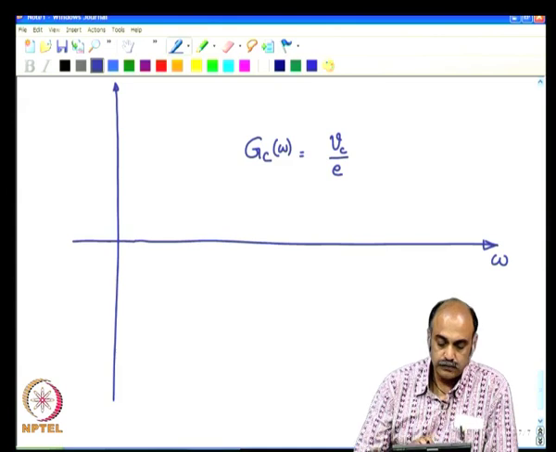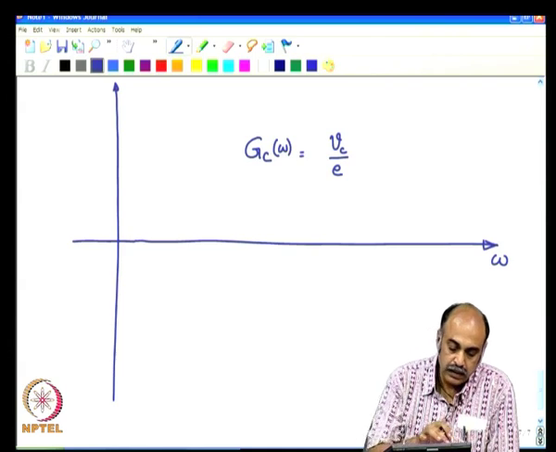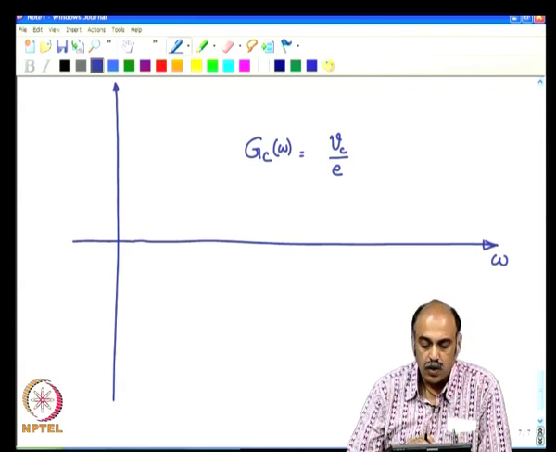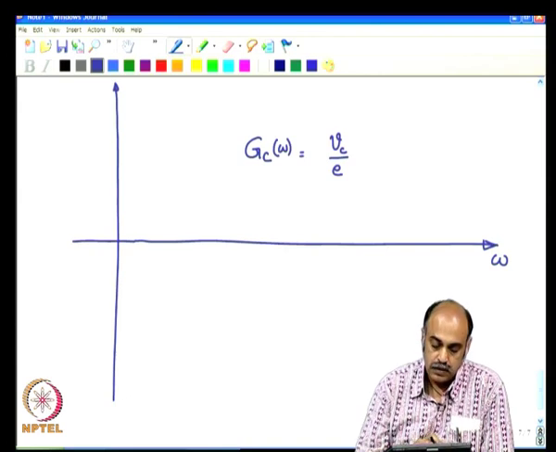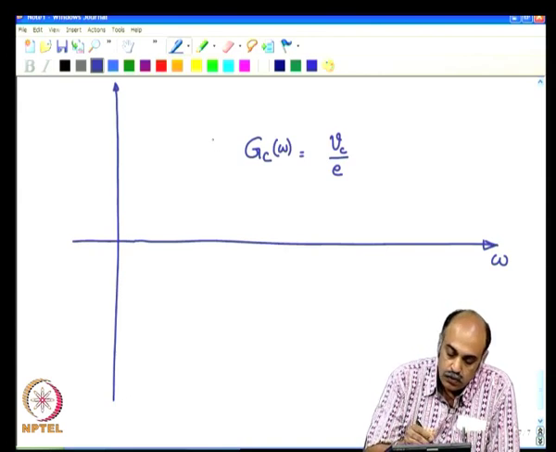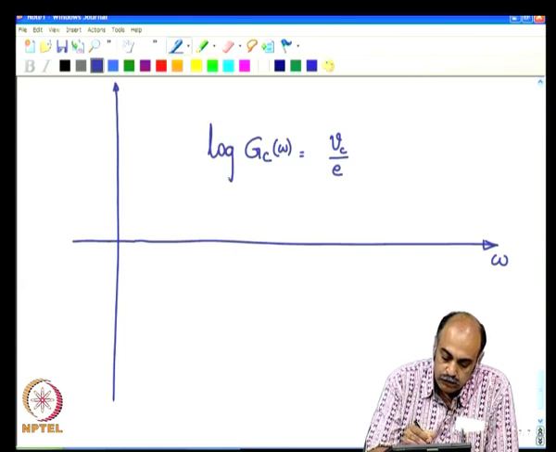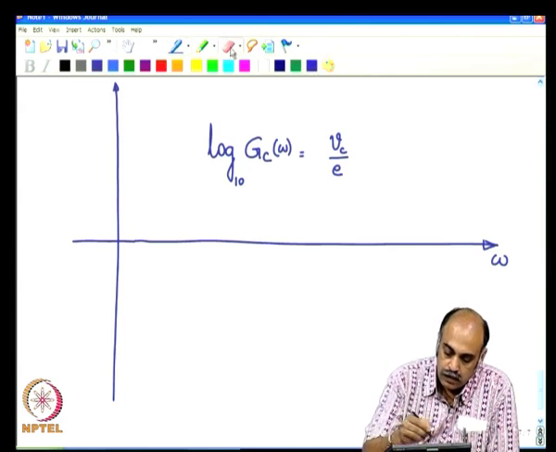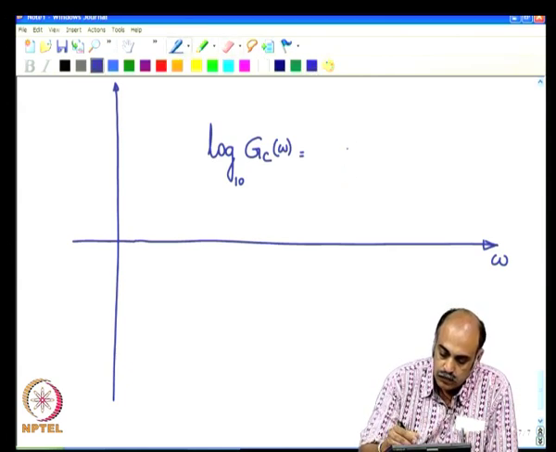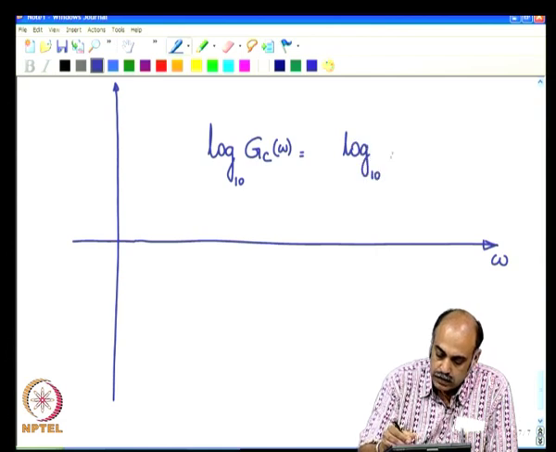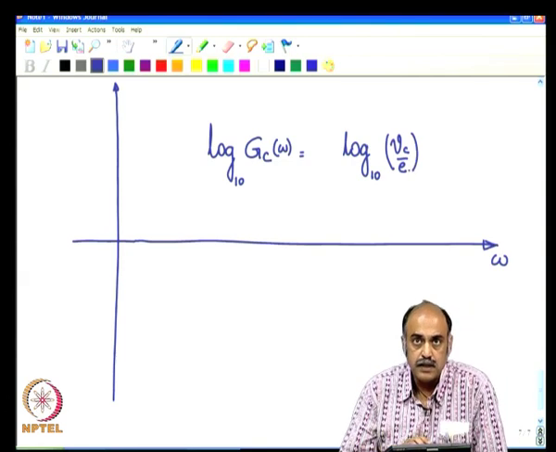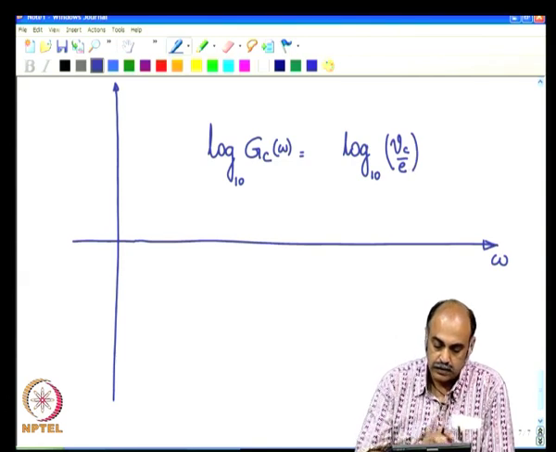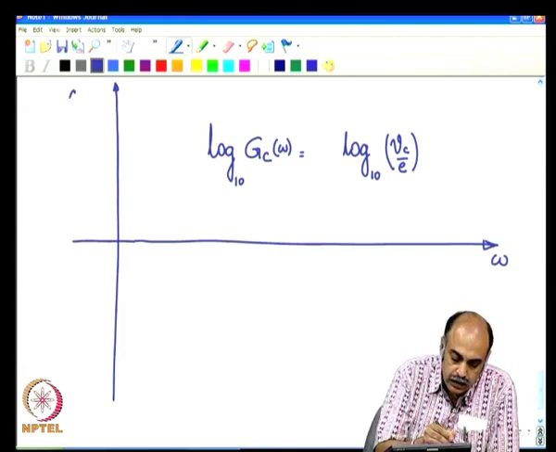Now, we are talking of infinite gain to 0 value of gain. So, you will see that the vertical axis is pretty expanded, elongated. So, let us compress the vertical axis. A good means of compression would be to take the logarithm, log to, let us say, base 10, okay, and let me push this, log to base 10, you have Vc by E. So, this will compress the vertical axis gain,